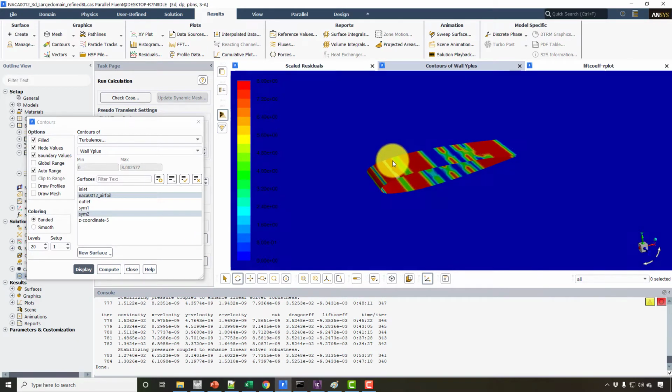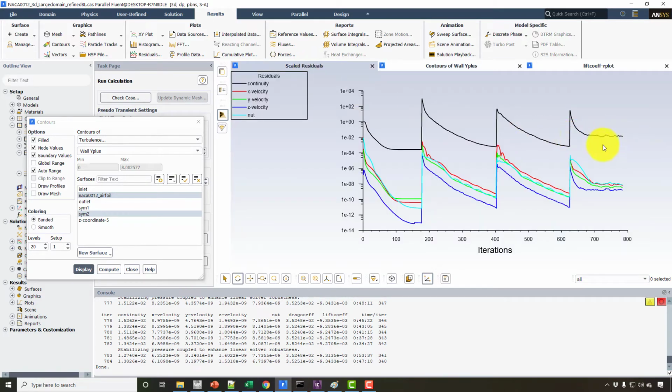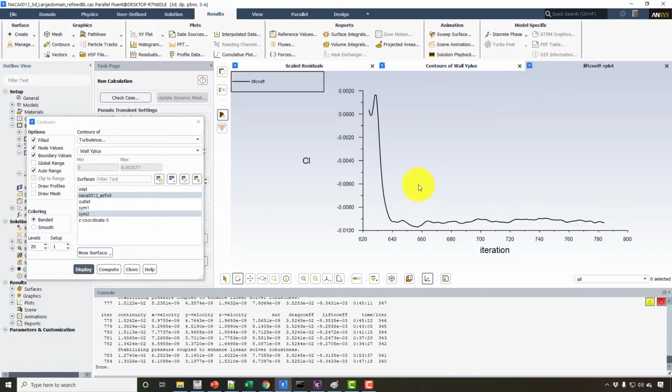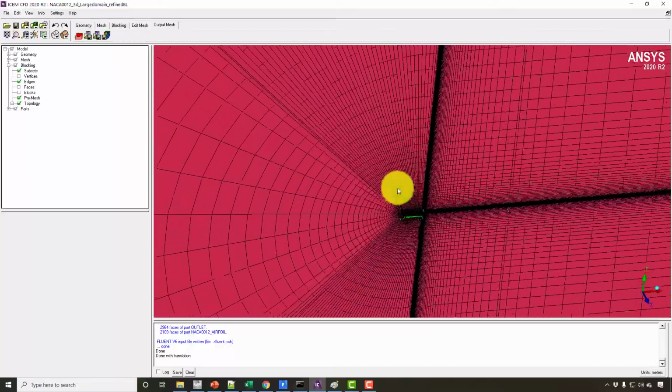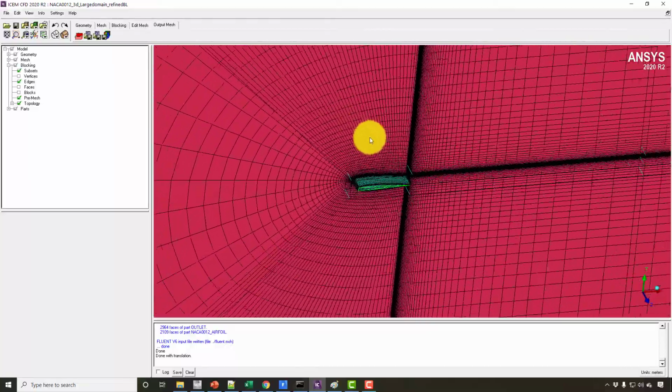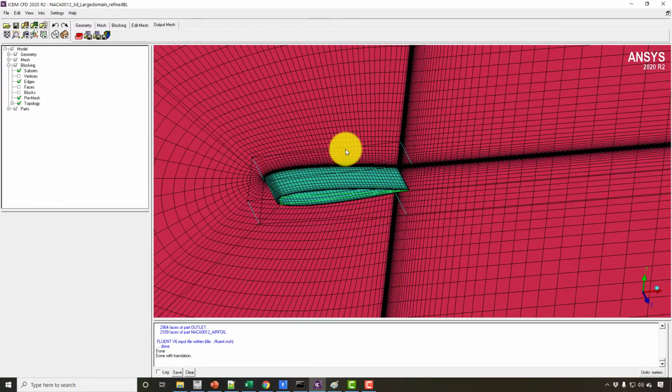As I reduce the size of the boundary layer, you can see that there is a problem occurring after running the solution for a number of iterations, maybe 300. Also I can see the lift coefficient is not 0, it is getting some value, and the drag coefficient is also offset from the previous value. So there is some issue in the mesh, so I have to look at the mesh file, and I will tell you after pausing this video where this issue may be.